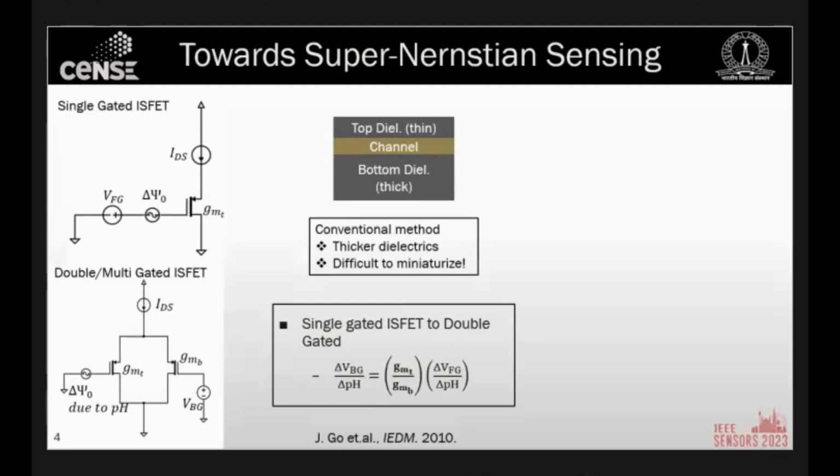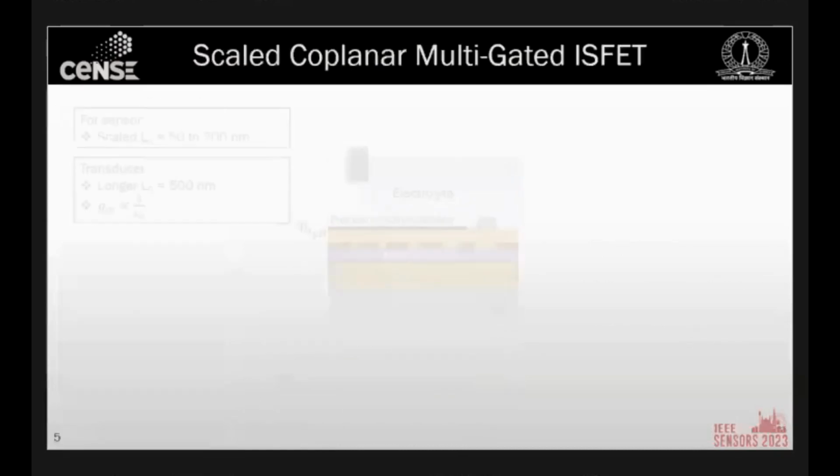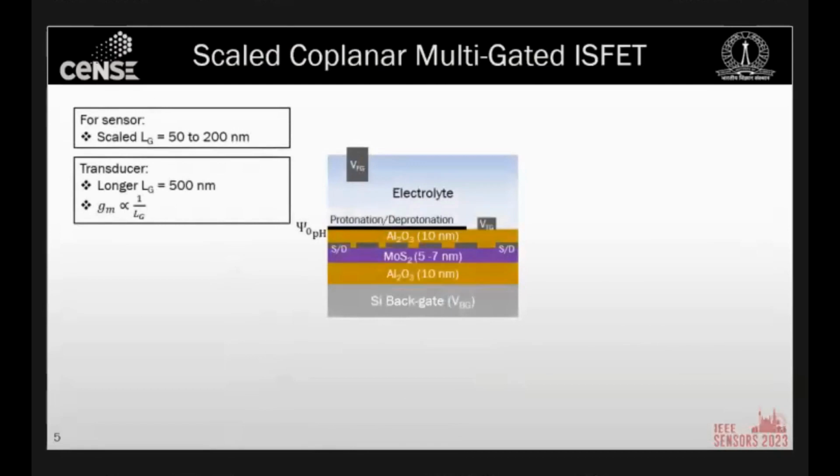So to have a scalable, miniaturizable, highly integrated device structure, we need an architecture that is very easy to miniaturize. So we would like to go with a symmetric dielectric, and we would like to see how we can have scaled devices in such a device architecture. And for that, what we propose is a coplanar multi-gated ISFET device as shown here, where what we do is